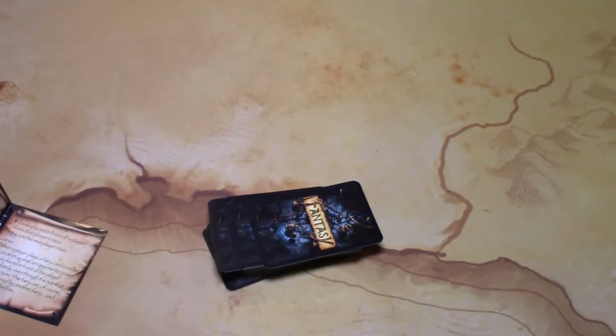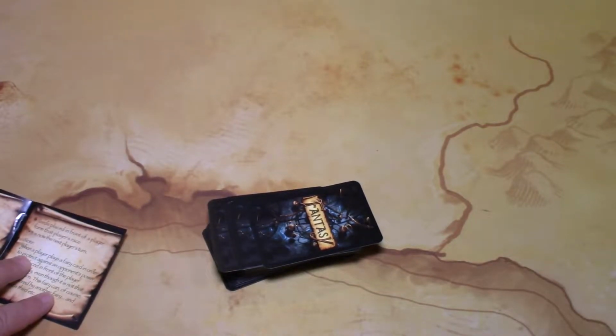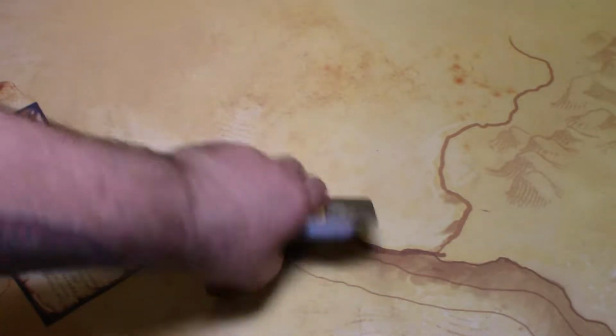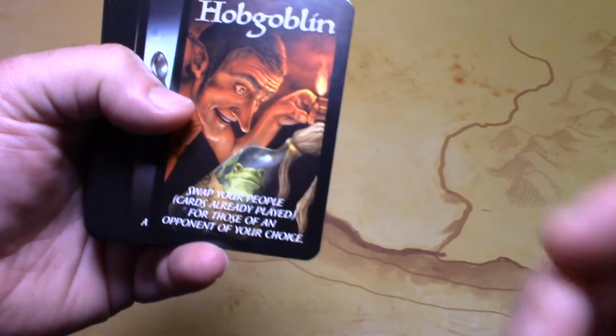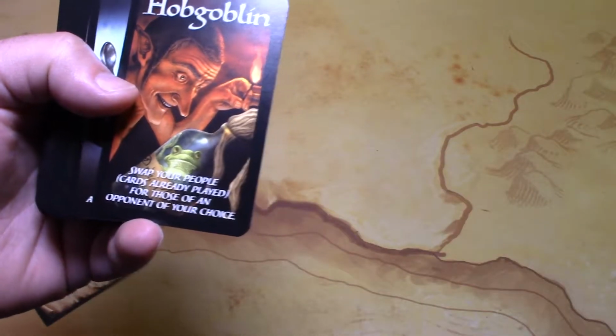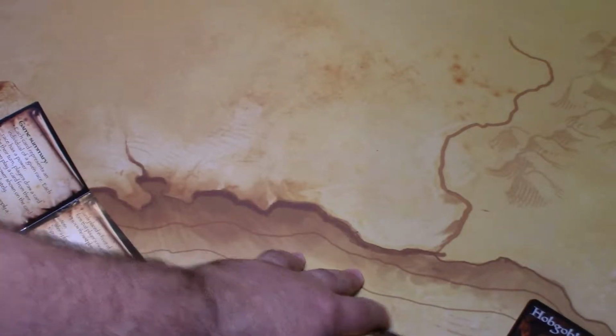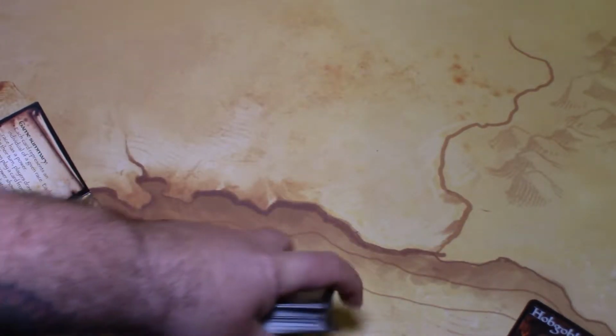Alright, so this is Fantasy. The game says that each card represents an individual of given races. So let's take a look. If you notice the artwork on it too, it's not bad. So Hobgoblin says you can swap your people, cards already played, for those of an opponent of your choice. So you would set that card aside, take all your cards, and swap them with somebody else. Because the way the game is played is that